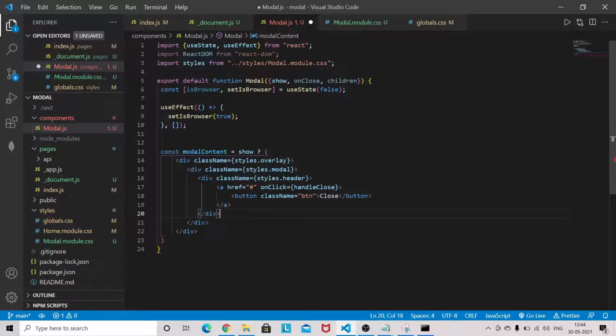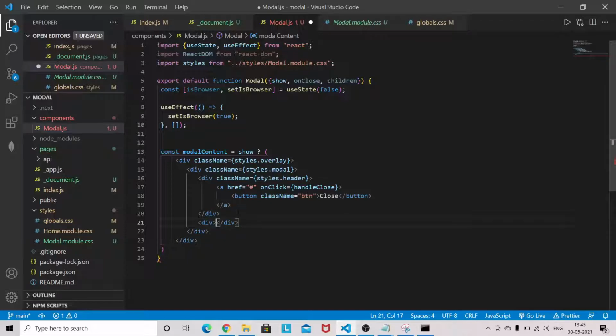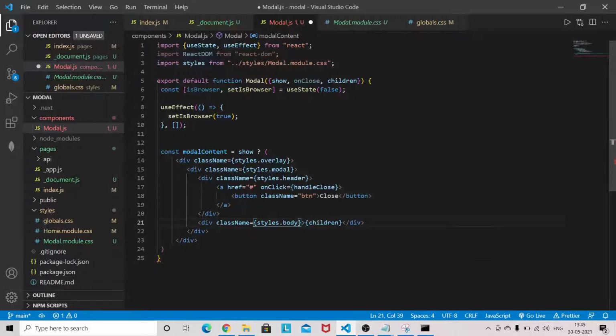And if we have children, so children basically we have to show here, so children className styles.body, okay, if not then null.